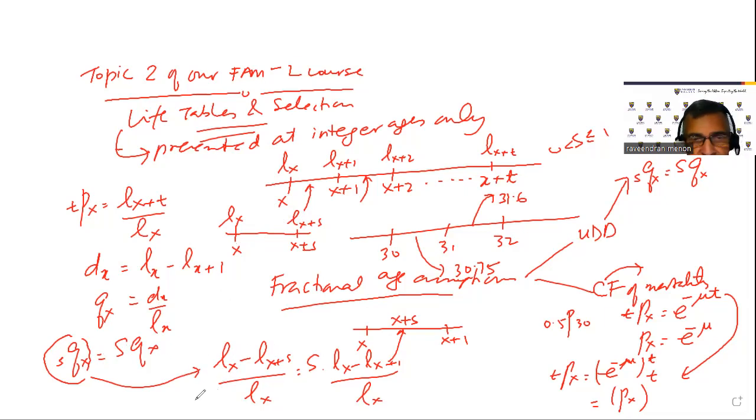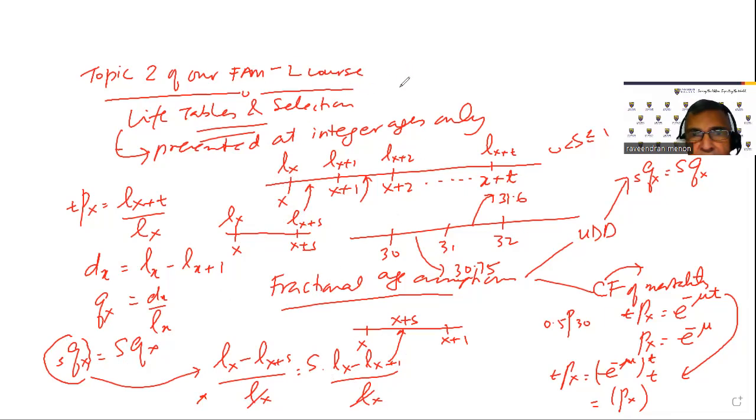So that takes care of the left-hand side. Then I have s times this. qx is the number of deaths between x and x plus 1, which is lx minus lx plus 1 divided by lx. When you clean this up, you can sort out the algebra yourself. I'll show you how to do those things, and finally you'll get